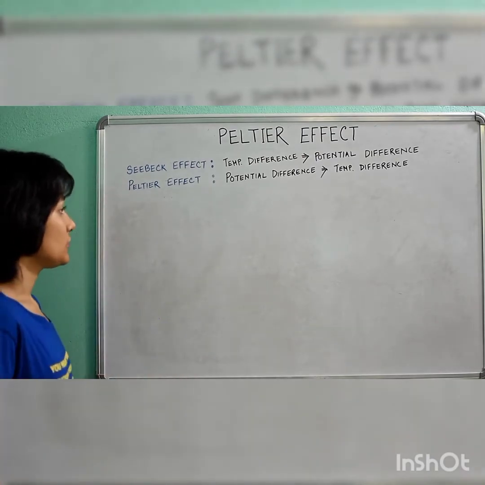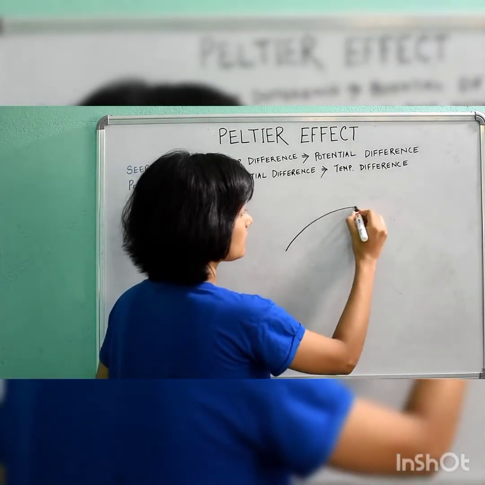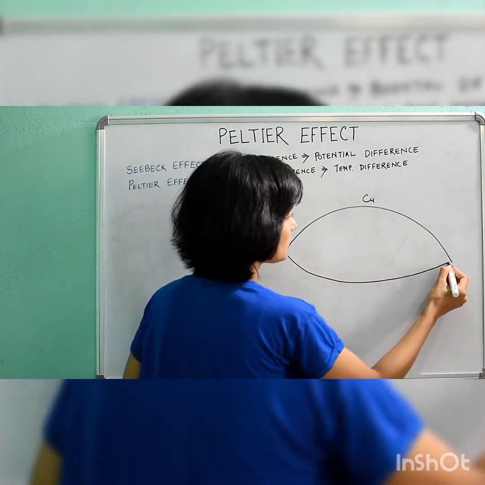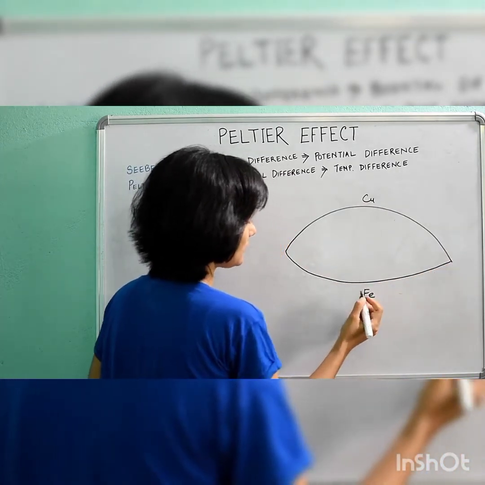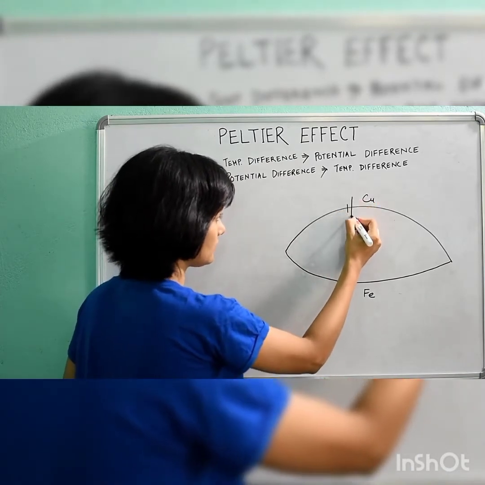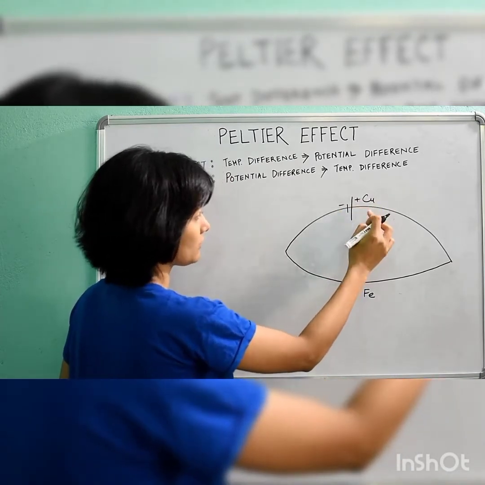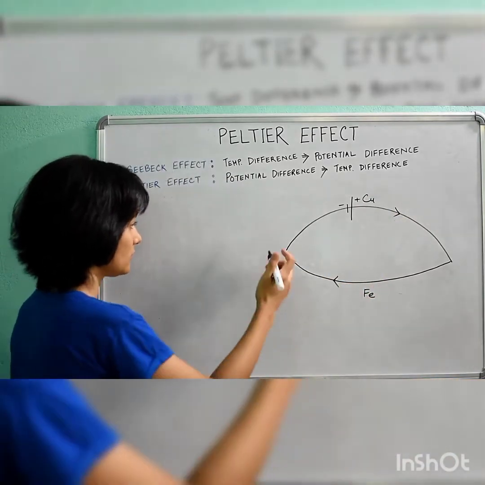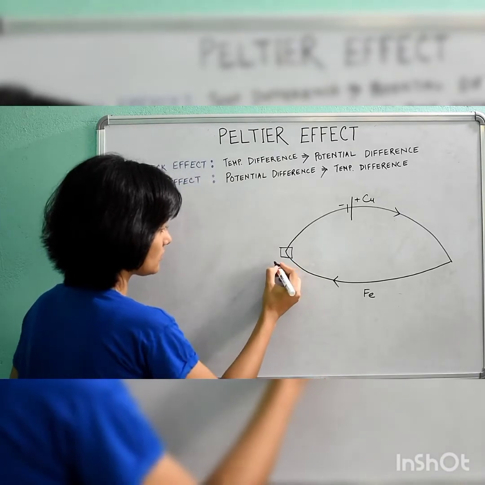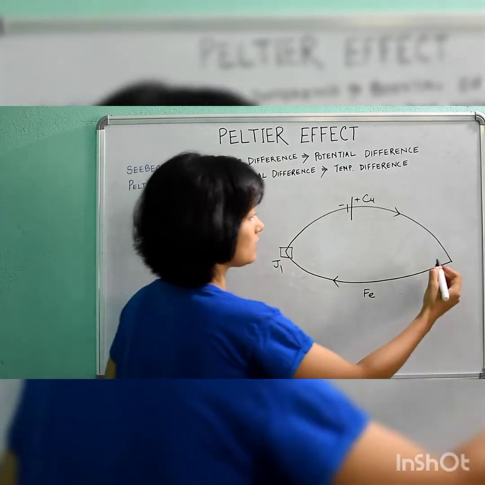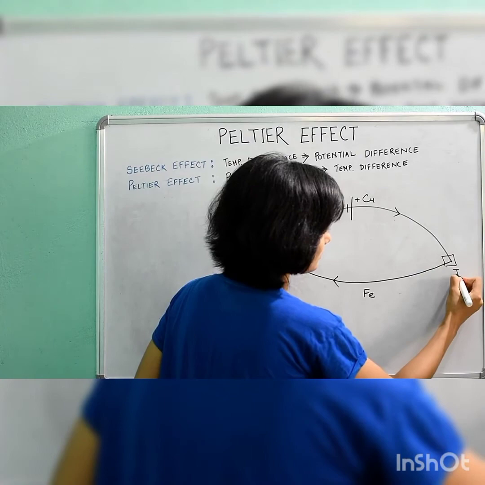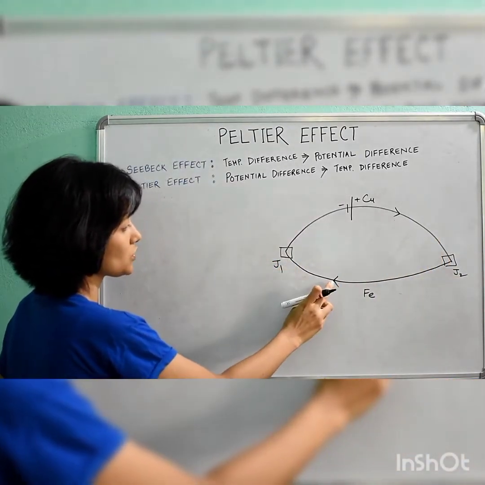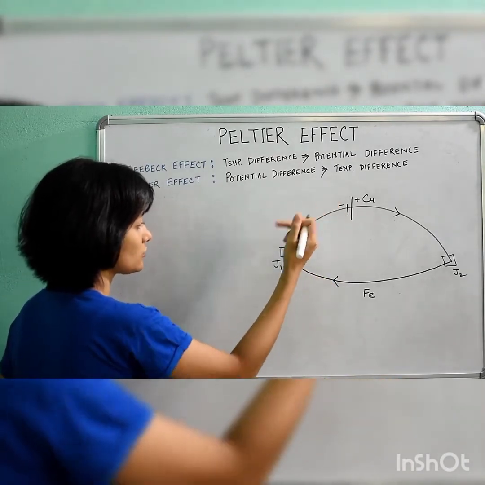So if we take a thermocouple made of copper and iron, and if we now connect a battery here, then current will be flowing from the positive towards the negative terminal of the battery. Here, this is the junction, I will name it J1, and this is the junction J2. At junction J1, the current flows from iron towards copper,